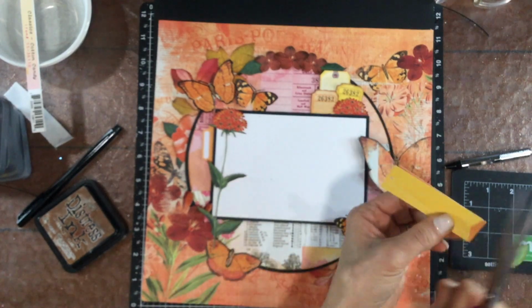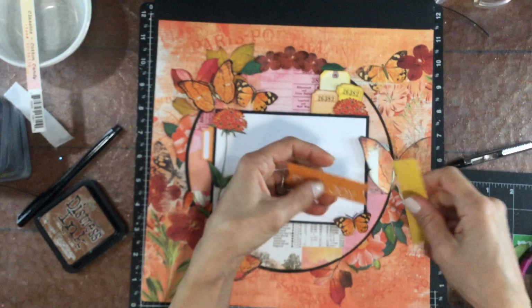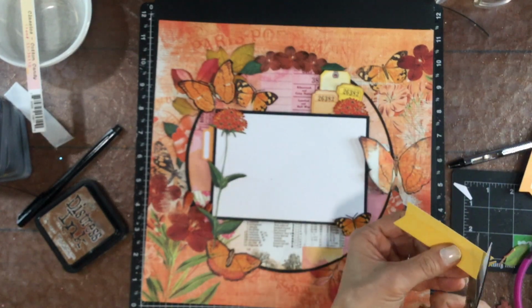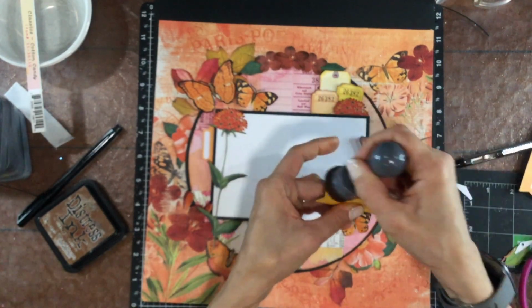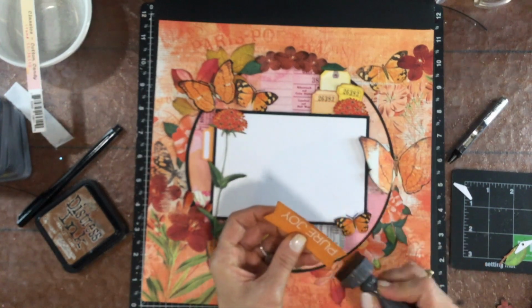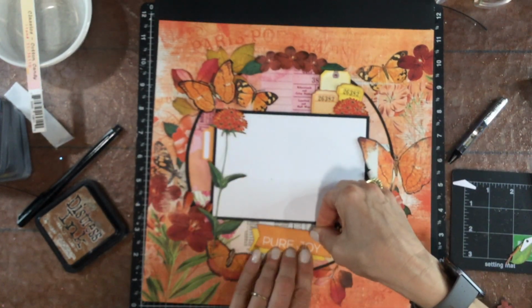For the title, Pure Joy, there was a fishtail on one side of the banner, but I thought that it might look better if there was that same fishtail on both sides of the banners. So I went ahead and cut into both the one that says Pure Joy and the yellow banner that's behind it, backing it. And I have to apologize to you that the footage here is not as clear as I